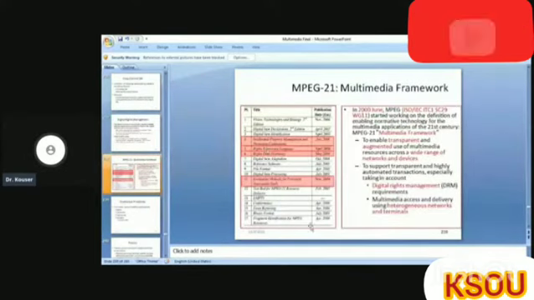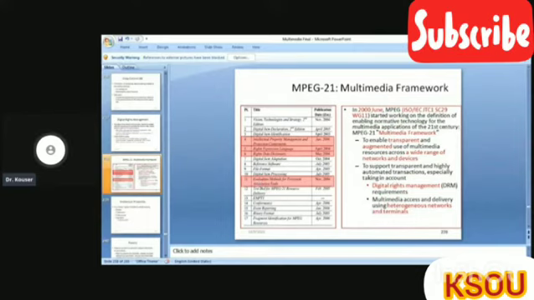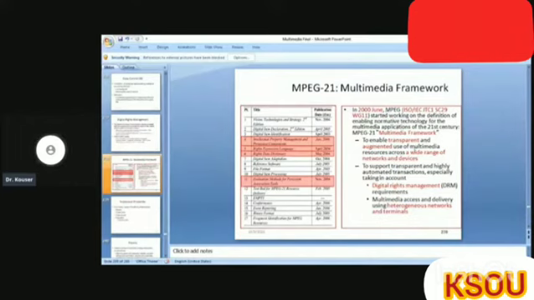The MPEG 21 specification looks something like this. In 2000 June, MPEG started working on the definition of enabling normative technology for the multimedia applications of the 21st century.